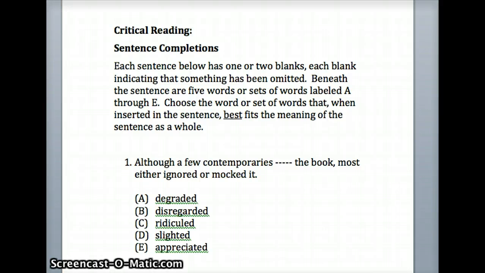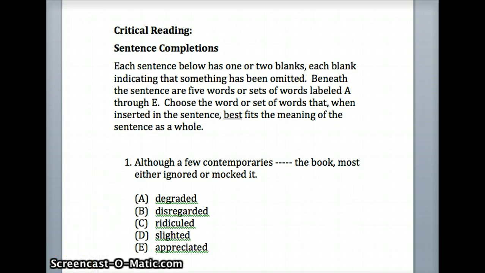The directions for the PSAT and the SAT never change. So, if students know the directions ahead of time, they can save time by skipping over them. Let's take a look at the directions for sentence completions. Each sentence below has 1 or 2 blanks, each blank indicating that something has been omitted. Beneath the sentence are 5 words or sets of words labeled A through E. Choose the word or set of words that, when inserted into the sentence, best fits the meaning of a sentence